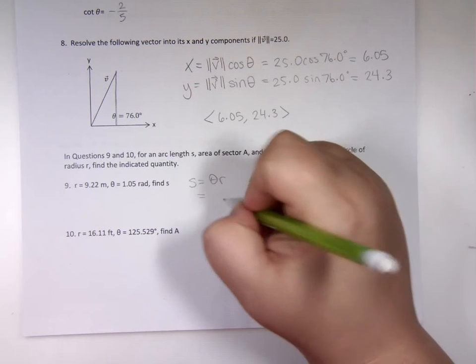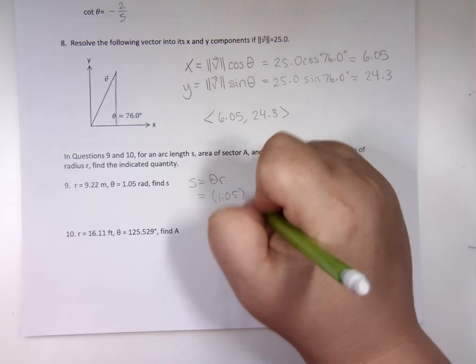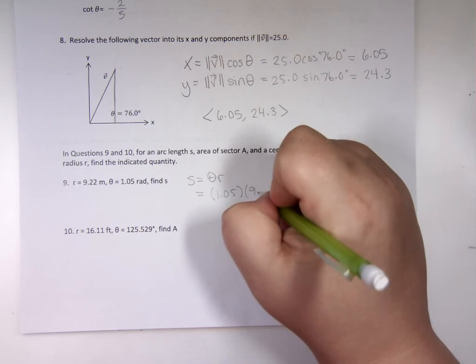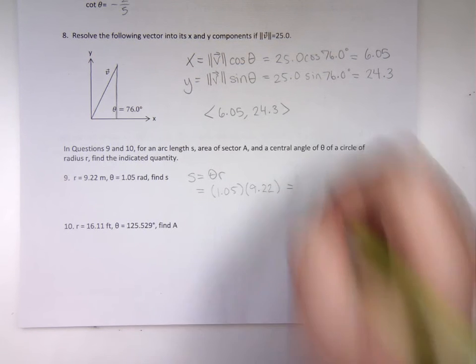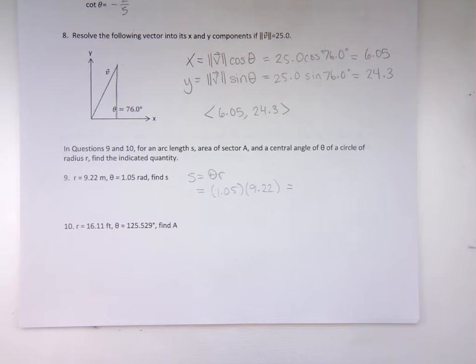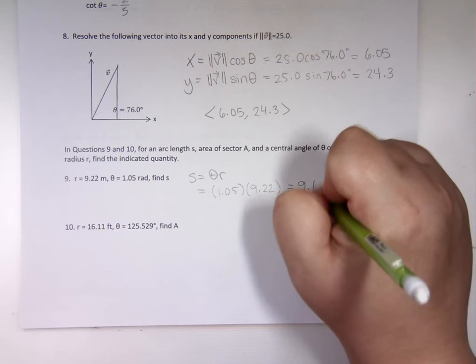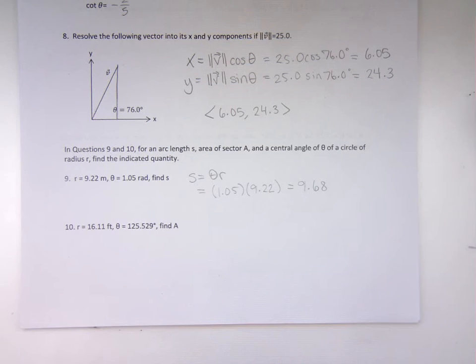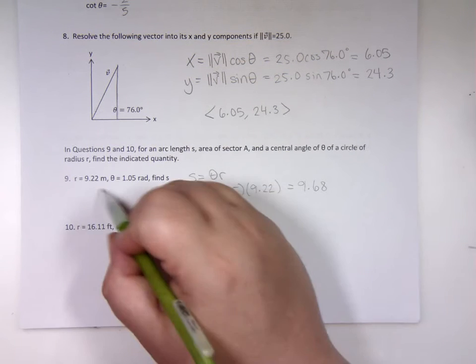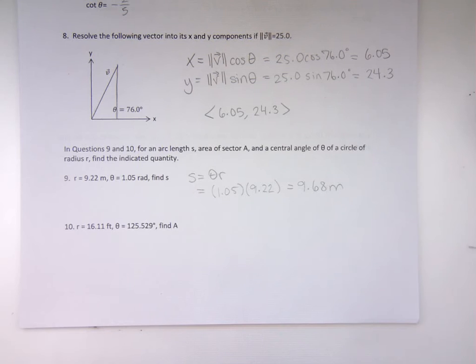We've got 1.05 times 9.22, and that is going to be, after we're done rounding, 9.68. It's 9.681, but we're only rounding to 3 significant digits. And since our radius is in meters, our arc length is also going to be in meters. Okay, and then